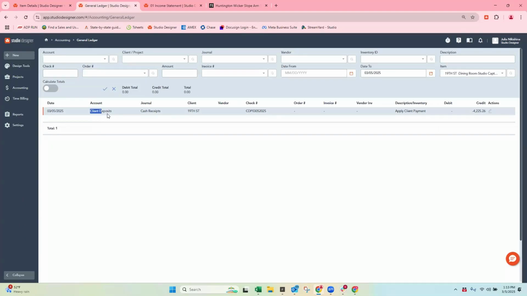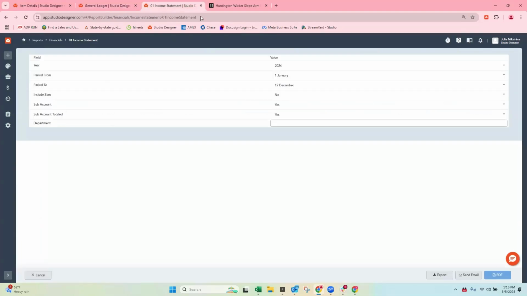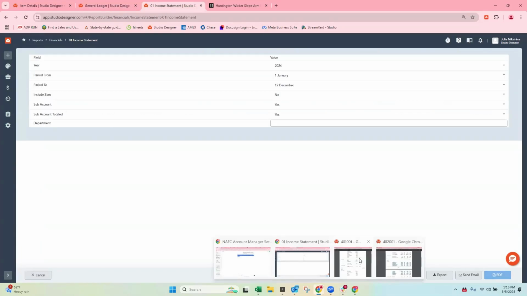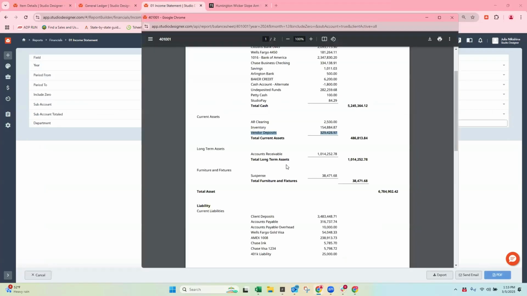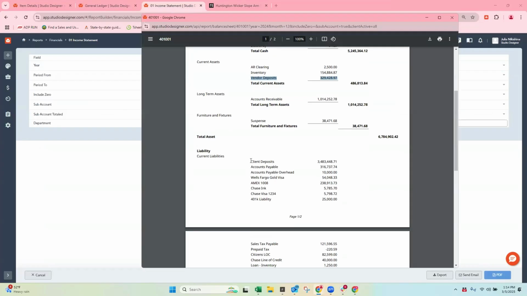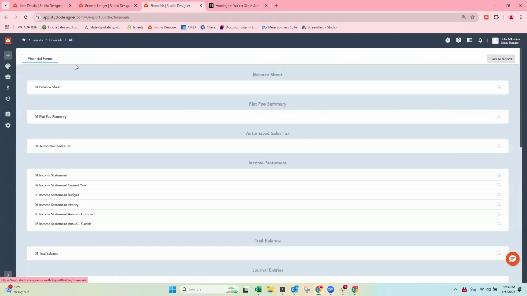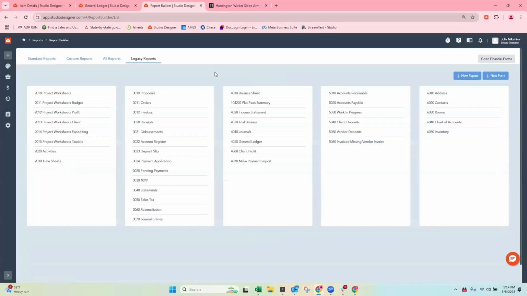So what are client deposits and what do they mean? If we go back to our balance sheet, you have this total number on here. It's called client deposit and it says $3.4 million. Well, what does that mean? That means that clients have paid you $3.4 million. Those $3.4 million live on items and in funds available, which I'll show you. And they are not yet invoiced.